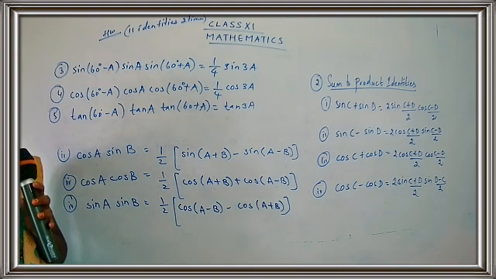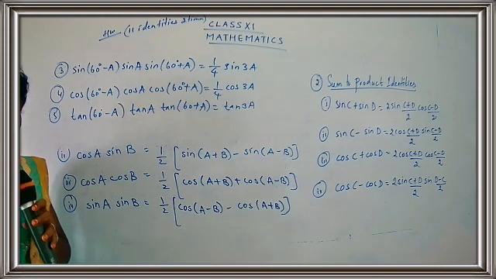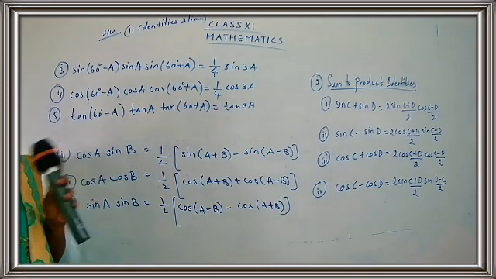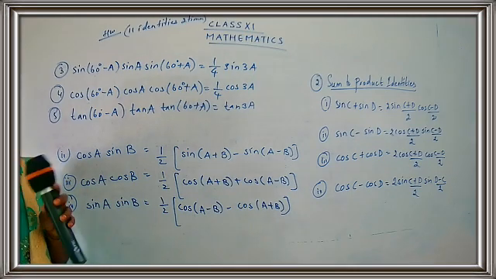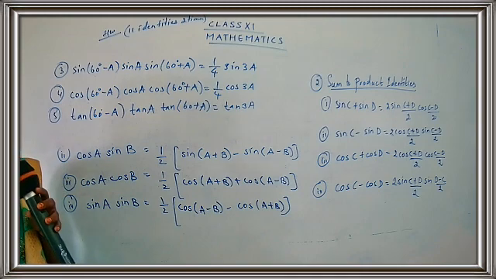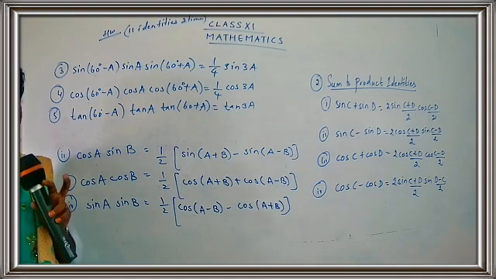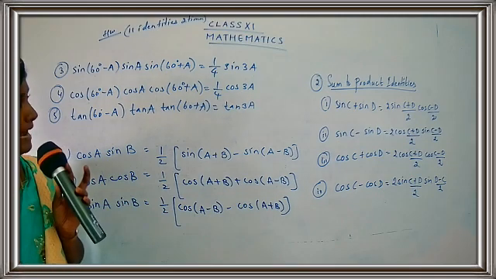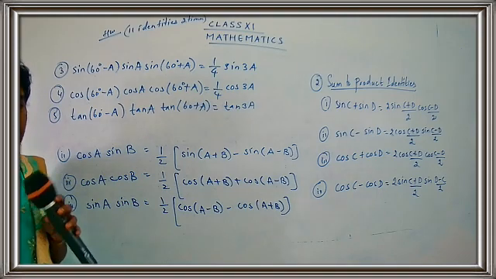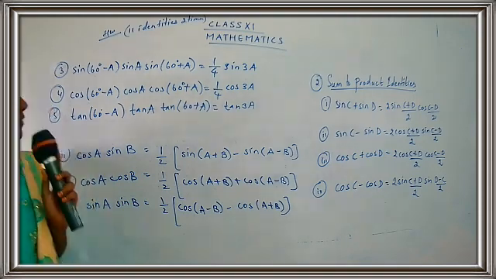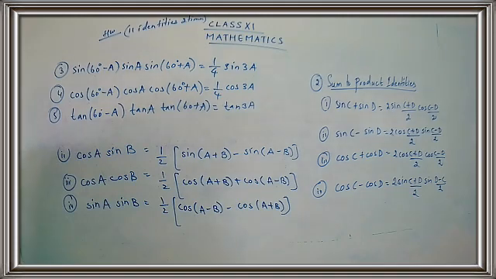So I want you people to take down the 11 identities that we have done today, and you have to write them down 2 times. Okay, once already we have written in our classwork. You have to write them twice again. You can just use the last page of your book. Okay, children, you can just continue on the last page. You can write down today's date and write down the identities on the last page. If you feel there is no need to continue in the classwork, you can just put it at the back of your book. Okay, now let's continue with our exercise. I want you people to start with exercise 3.6.